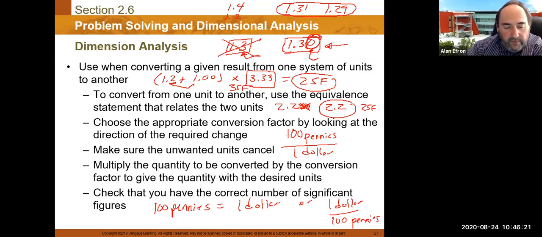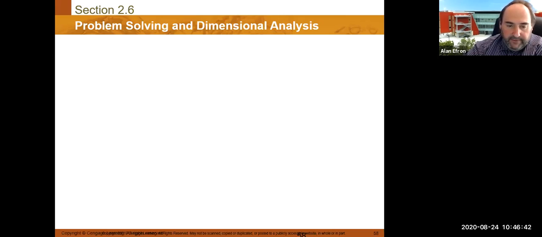So what we really do in dimensional analysis is it is really important to use your units, and you want to set it up so that the units really do cancel. You can see what units cancel, what units are still there. And obviously you always want to make sure your answer makes sense when it's all said and done. So for example here,